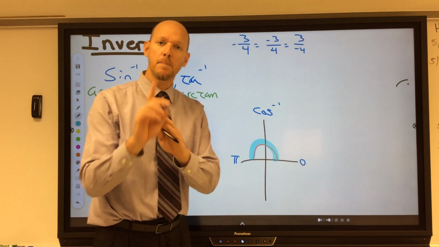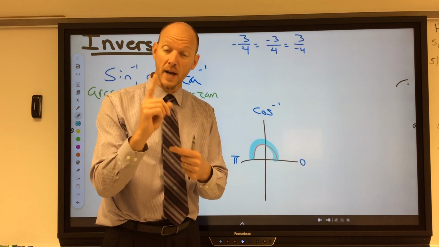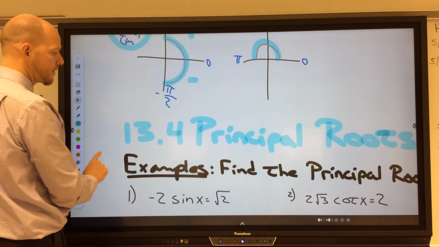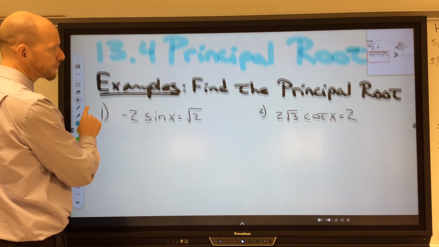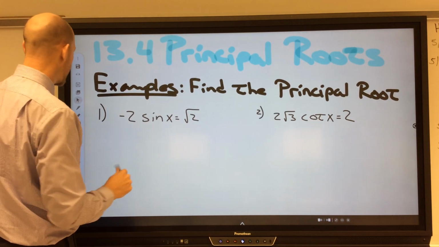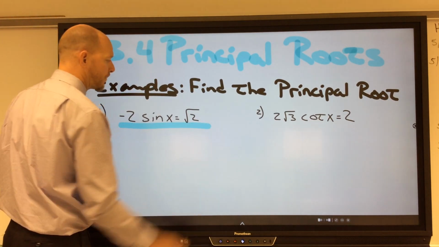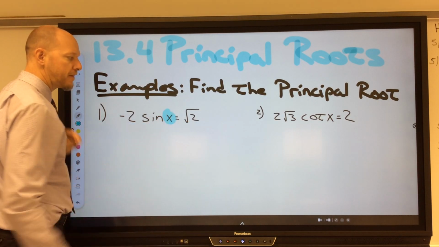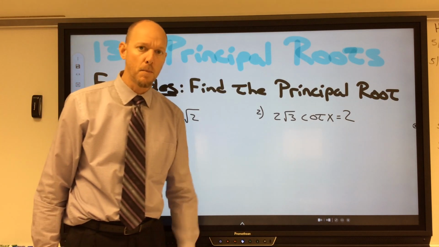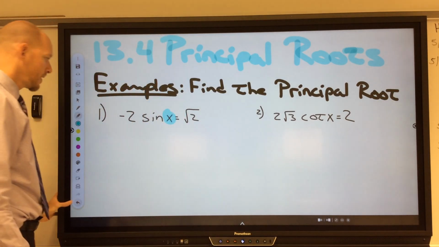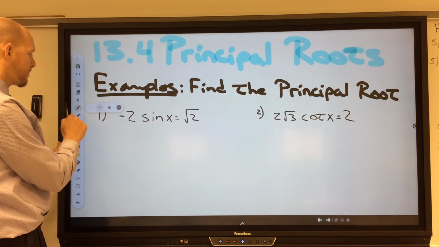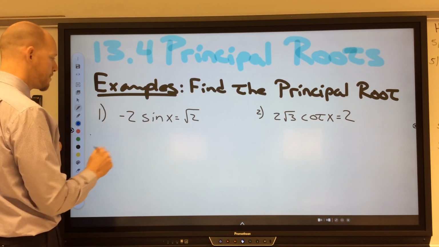Today, we're just worried about a principal root, where we find one angle based off of the inverse concept. So let's start off here. To find the principal root of my first problem, just like solving anything else, I identify my variable and I want to get that variable isolated. So in this problem, we're going to start off by dividing both sides by negative 2,